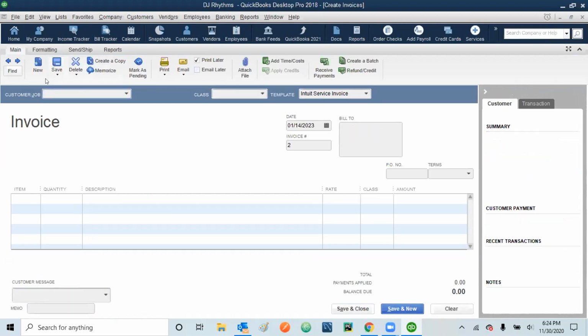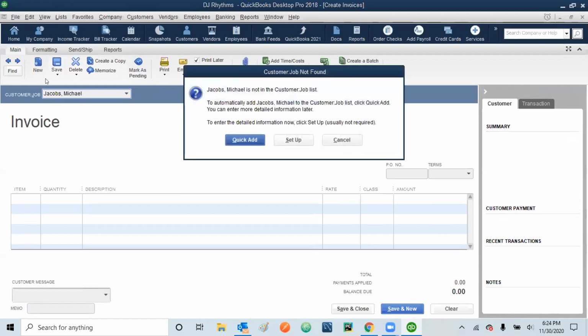For this one, we are typing Jacobs. The name of the customer is Jacobs, Michael. Once I click it, this customer was not in my data, so I can just simply click it.